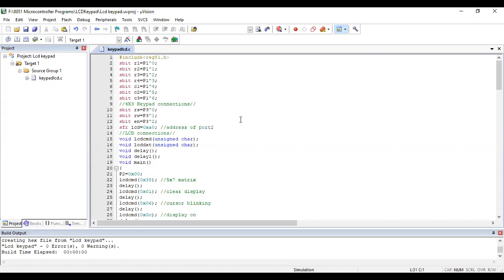In this program, you are using a 4x3 mobile keypad, and when you press a specific key, that key number will come onto the LCD. Coming to the programming, can you see this? Keil programming.